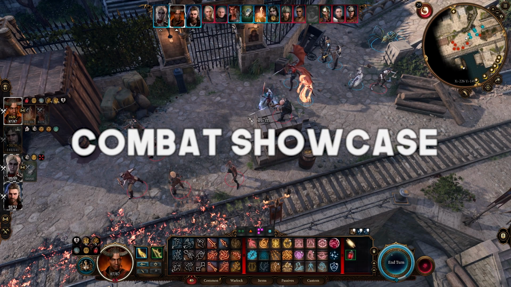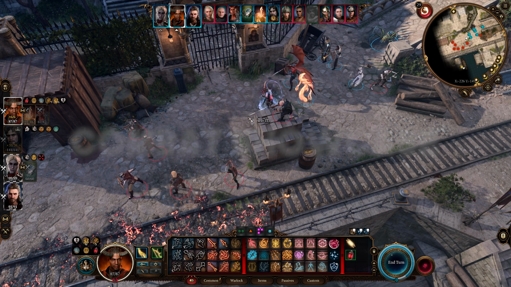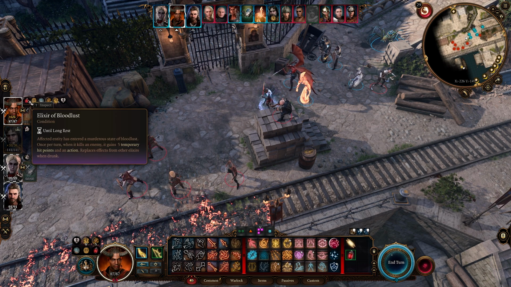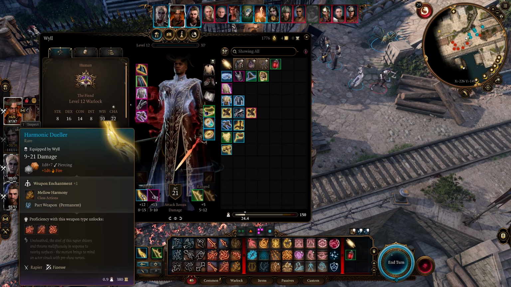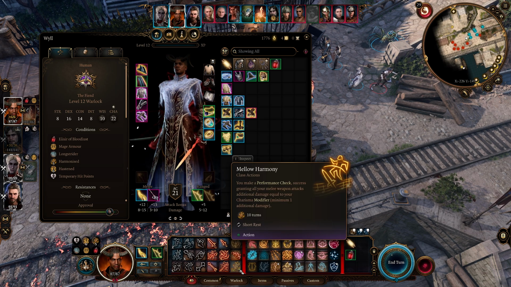So now we can get into the fun stuff and do a complete showcase here featuring a Pure Fiend Warlock on Wyll. I'm going to try to cover all bases: melee attacks, ranged attacks, Fireball, AoE CC, single target CC, basically everything. I do have Elixir of Bloodlust as well as Haste activated, so that way the fight goes by faster. Also have Harmonize on here, thanks to the Harmonic Dueler. I recommend using this prior to a fight, that way you don't have to spend an action on this while